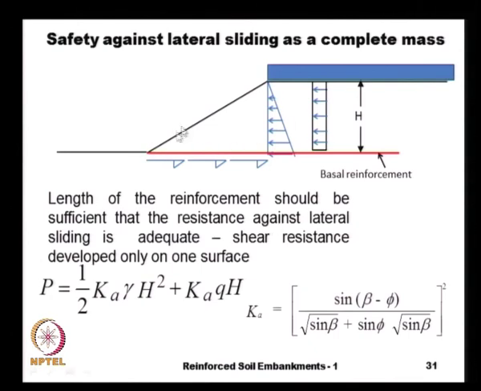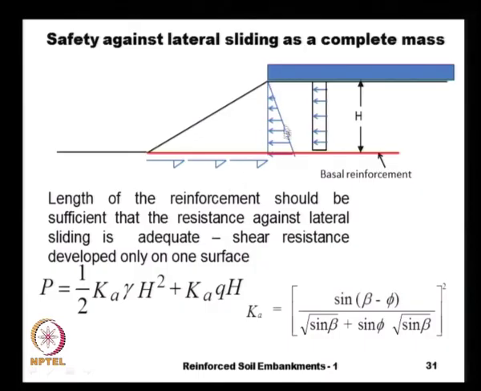So, let us say that we have built a slope with some basal reinforcement based on our slip circle design, and we should also make sure that the extreme case wherein the lateral forces acting inside the embankment should not push out the entire slope like this, and the length that we have should be sufficient to resist the lateral sliding